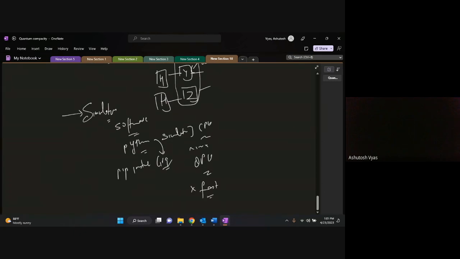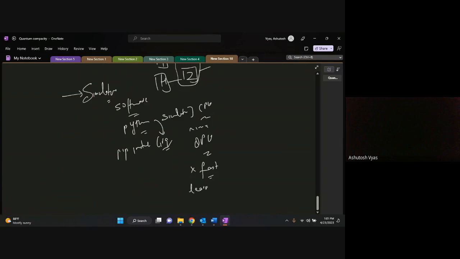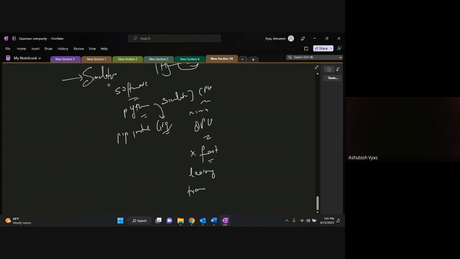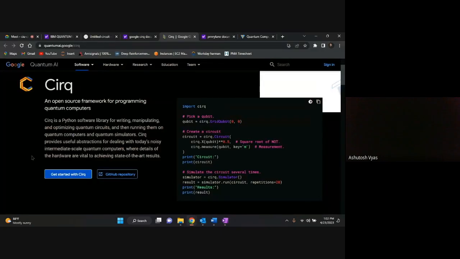So it will absolutely not be fast, but in terms of learning accuracy and training mechanism, it will follow quantum physics. So at least for these things, you can rely on the simulators just to check whether things are happening in the right direction or not. Fast, definitely it will not be, because it's not actually a QPU. It's just simulating, just mimicking how quantum physics works, right? So all these SDKs I will tell you about come with their own simulators. You don't have to install anything separately. It will come as you just install the package, right?